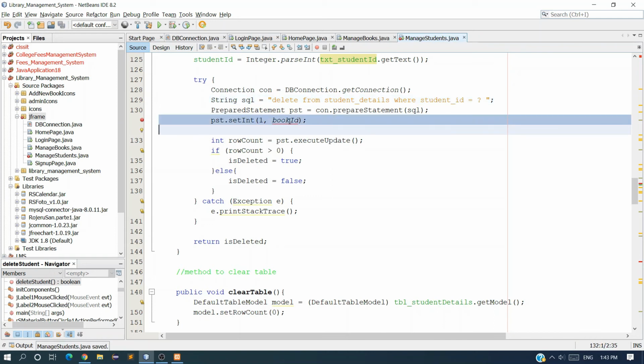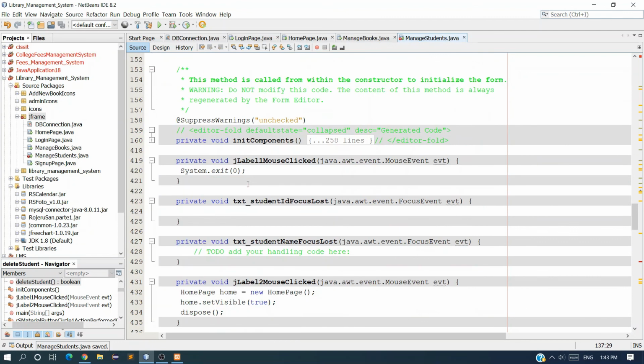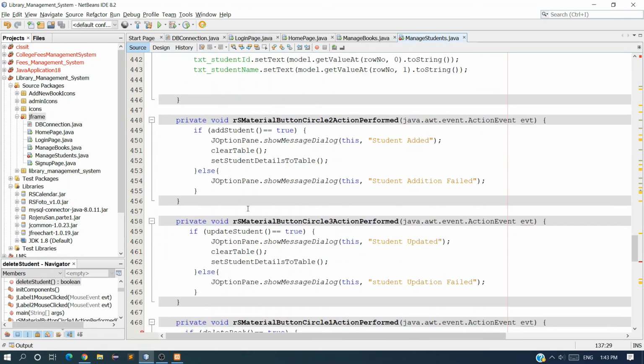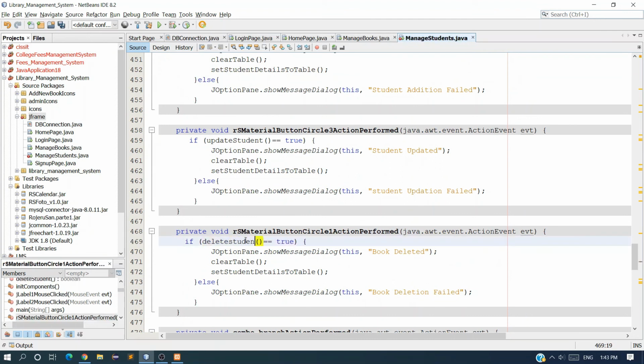And here it should be student ID. Okay, and everything will be same. Now just come down and change the method where we are calling this delete book, it should be delete student. Okay, so here let's copy this message, student deleted and student deletion failed.